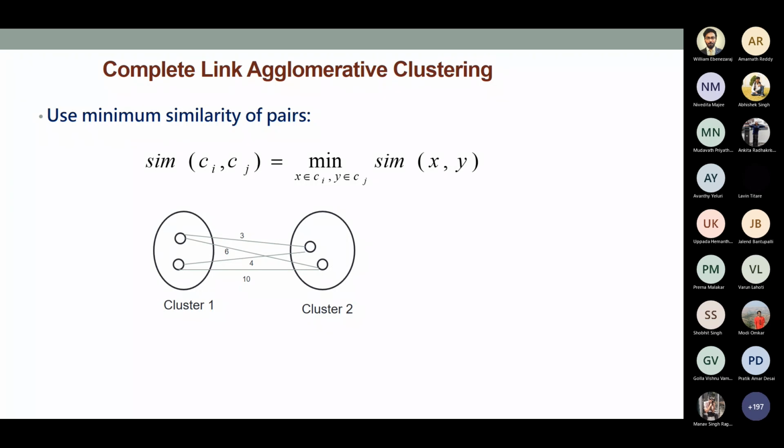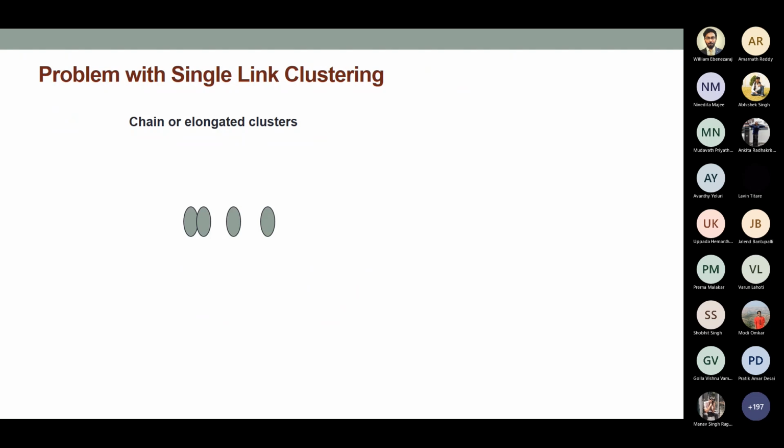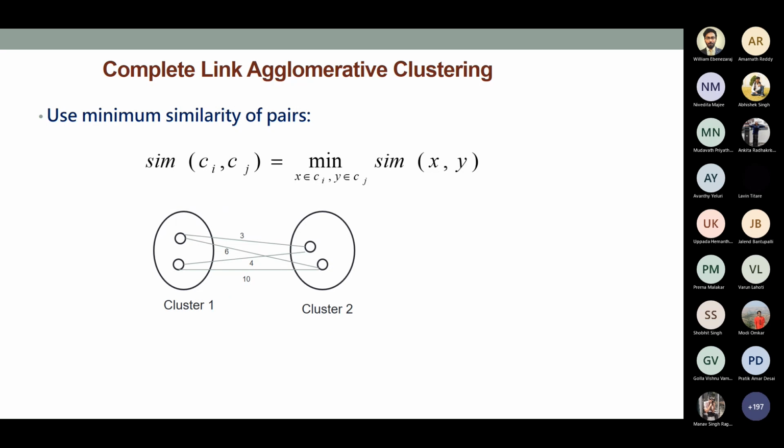So you have seen the problem with this single linkage clustering algorithm, where you see the elongated clusters, because of the nature of the similarity that you're using. So we solve this using a technique called complete link or complete linkage clustering algorithm. In this case, the main steps will be very similar. There is no difference. The way that you compute the two cluster similarity or distance is different.